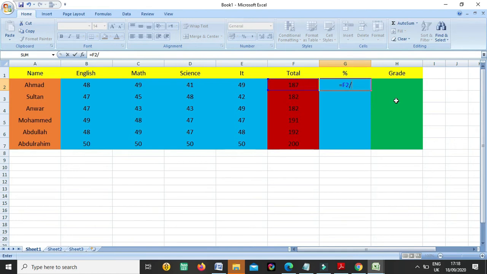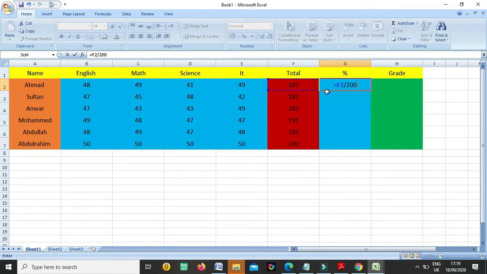F2 divided by, because if I write F2, that means I am writing total, because total is in cell F2. So the total numbers divided by 50, 50, 50, 50. The total marks 200. How much marks did I get? F2. And from how many marks was it given?